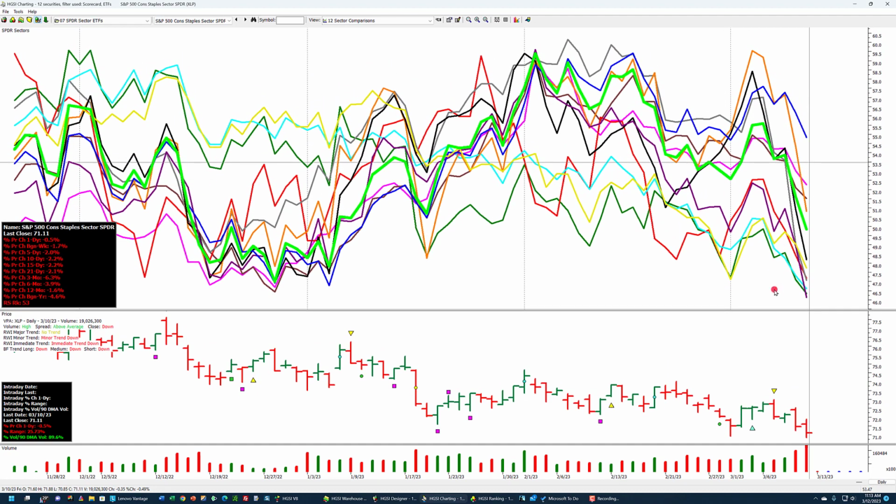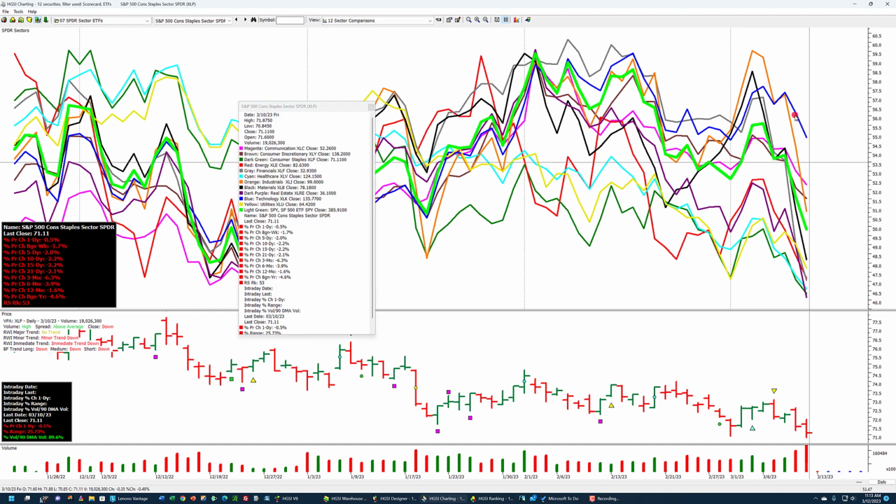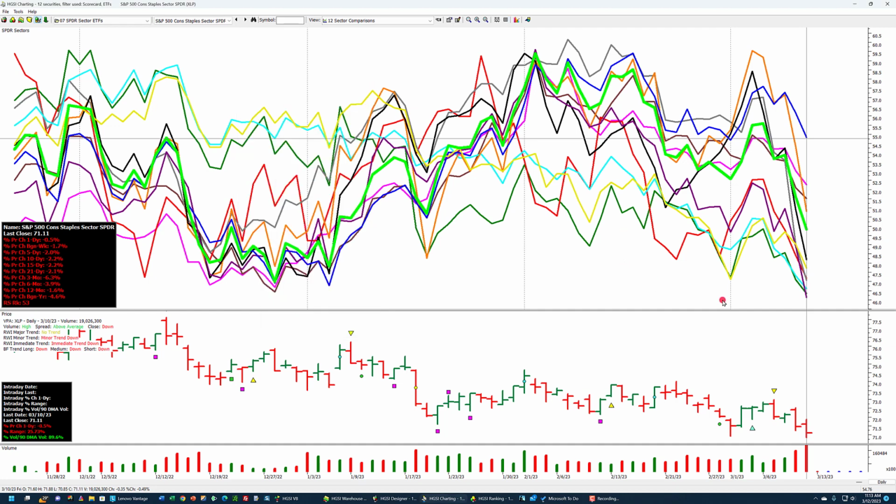This looks kind of like a jumbled mess, but if you hit the alternate I key, it will identify these colors. Make sure you click on the last day, and then if you look at the color coding, it tells you what these are.